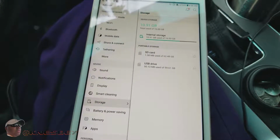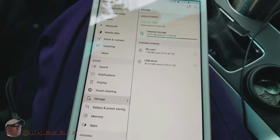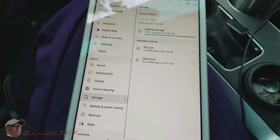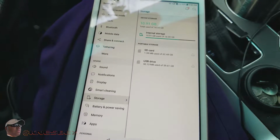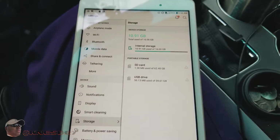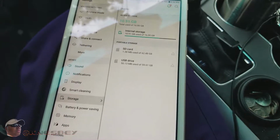When the storage space on the phone starts getting full, your phone starts getting slow, and you start getting messages popping up to start removing or uninstalling some apps, start clearing out some space, so that you can improve the performance of your device. So this is all in the effort to prevent that from happening. All right, so now that I got that all set up, what I'm going to do now is